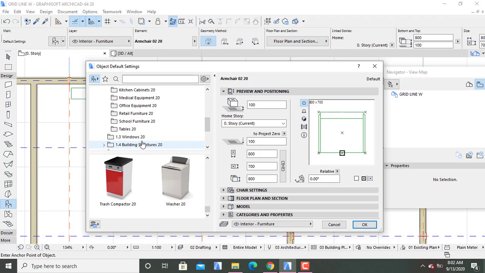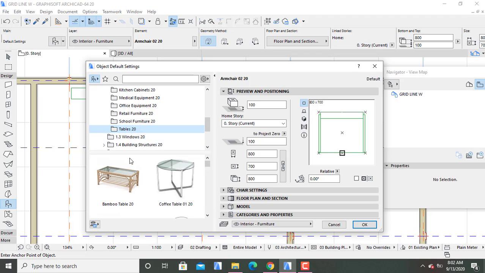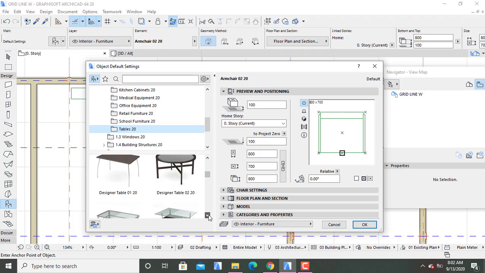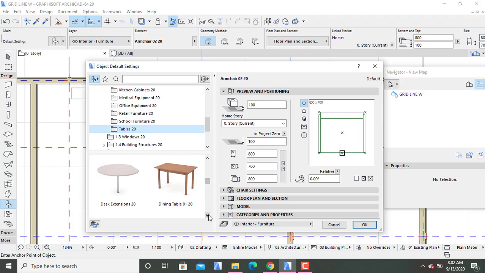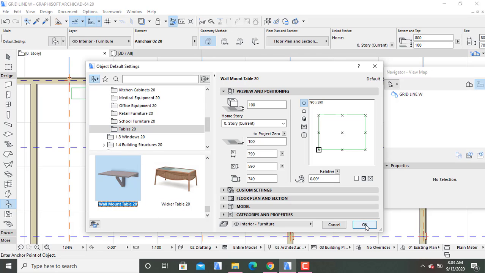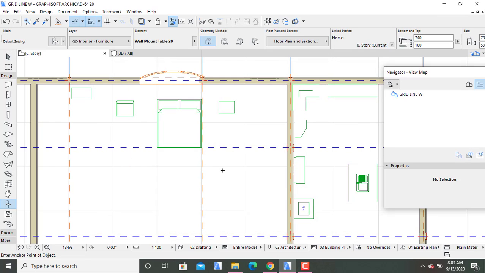You can look at a table. Look at a wall mount table. Of course, you can have something to place there. So we can have this here